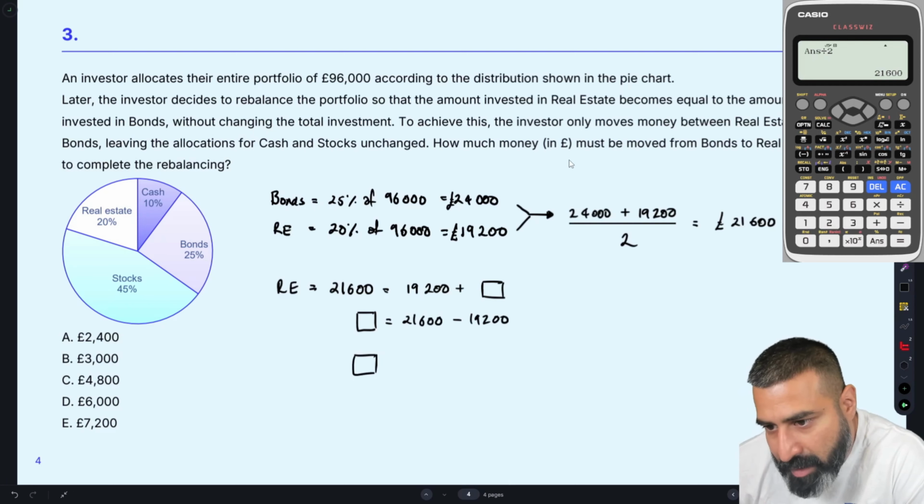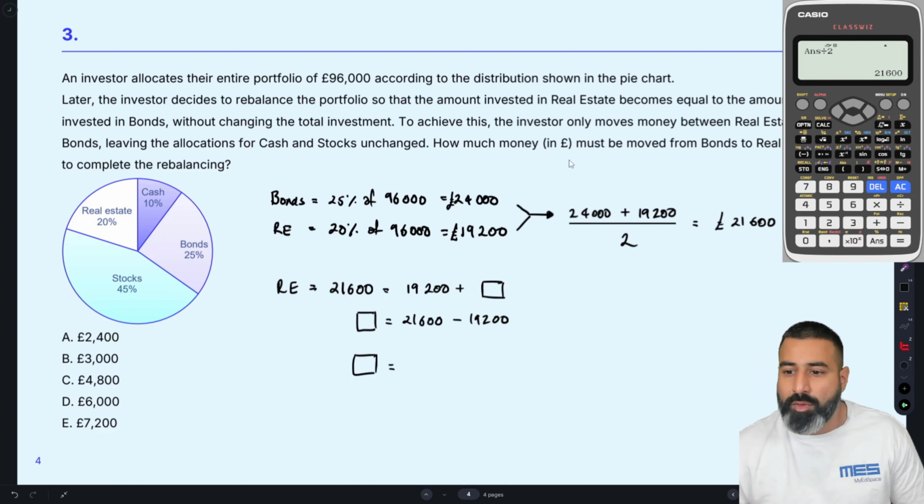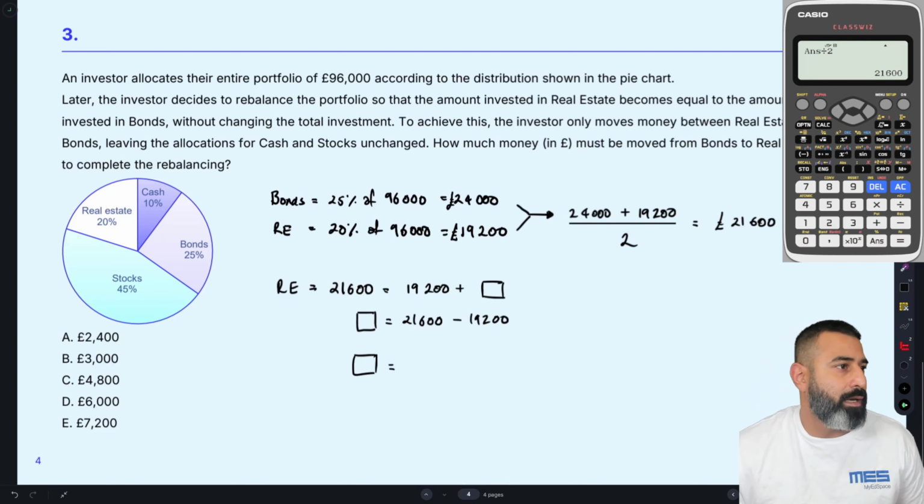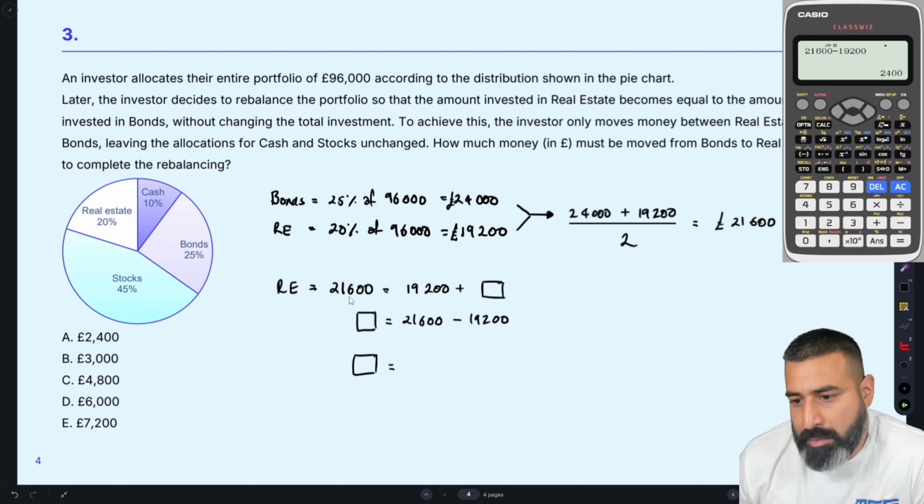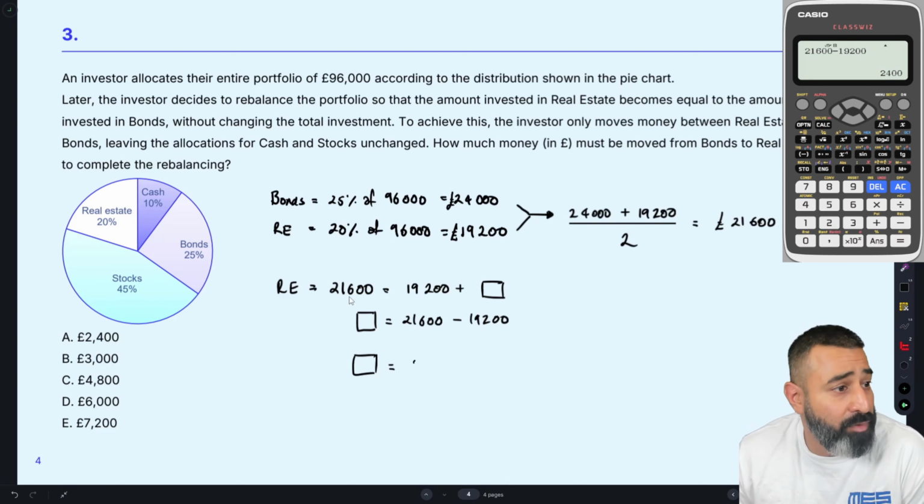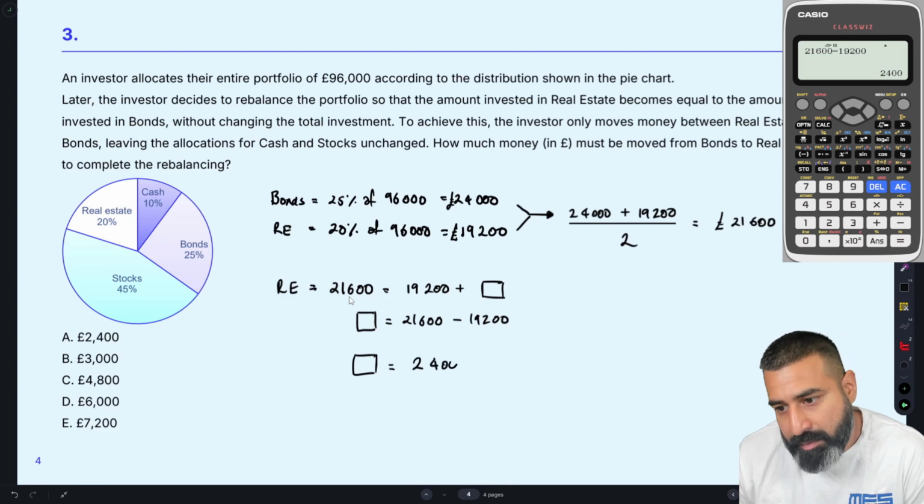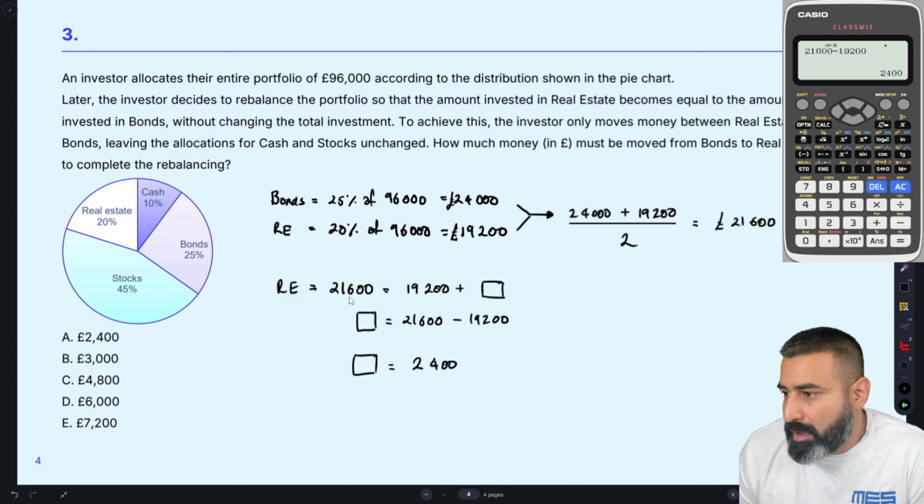So this number is going to be equal to, let's figure it out on the calculator. So it's going to be 21,600 take away 19,200 to give you how much money needs to be added into real estate, and that can only come from bonds. So that is 2,400. So the answer there is